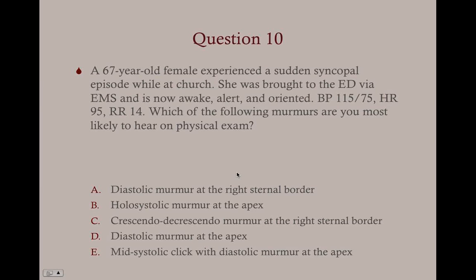And the answer is C, crescendo decrescendo murmur at the right sternal border. So at the right sternal border, what are we looking for there? Remember the mnemonic: the right upper sternal border is A, so that's atrial and aortic valve murmurs. P would be the left sternal border, so that would be pulmonic valve murmurs. And then the left sternal border would be T, so that would be tricuspid valve murmurs. And then C, the apex, that would be